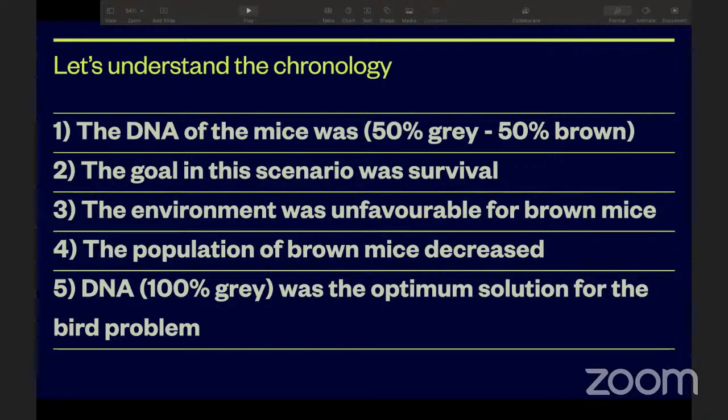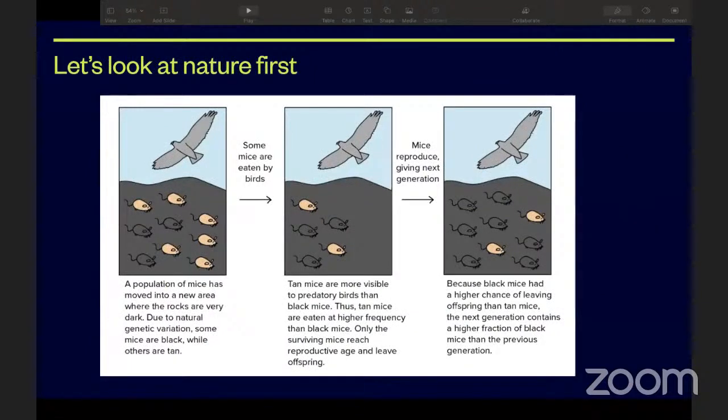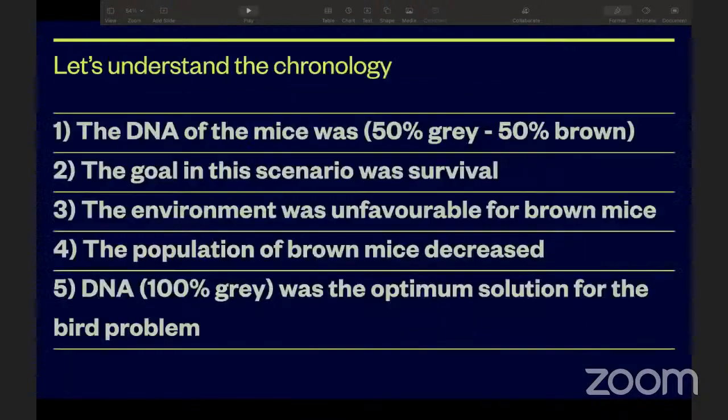Then as we look at it, this environment is greatly unfavorable for brown mice, because that is something which the eagle can see from high up. So that is why, as the environment is unfavorable for brown mice, slowly their population decreased.